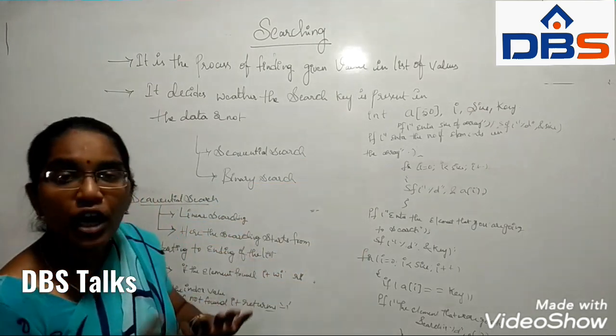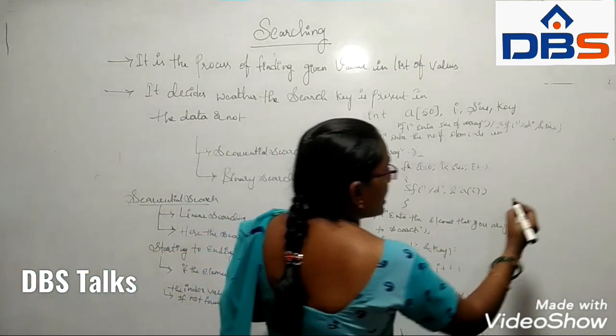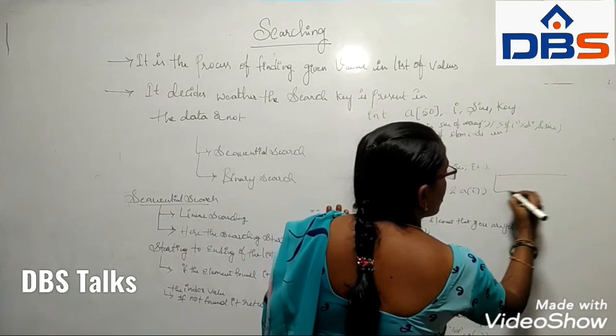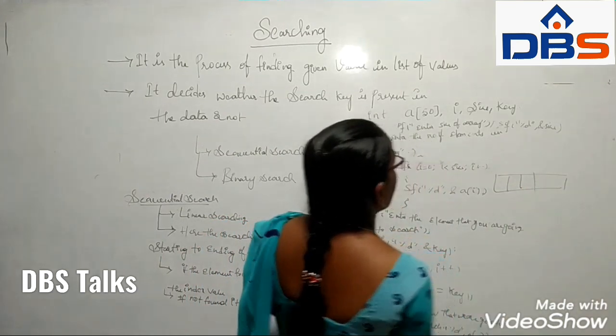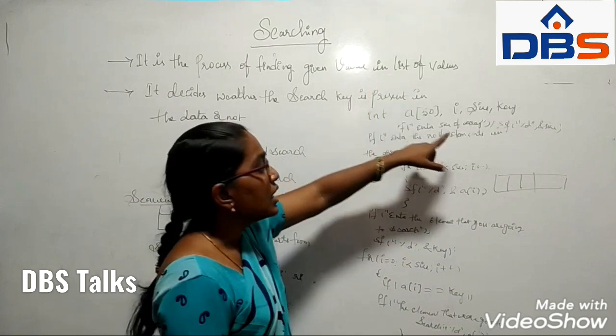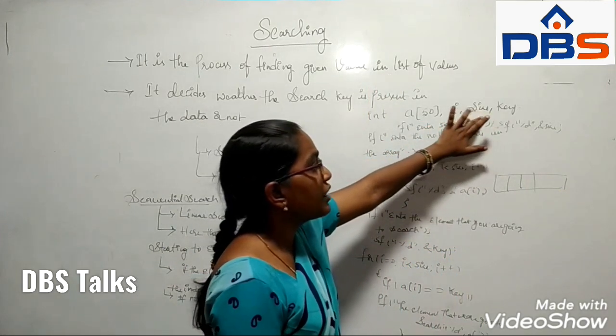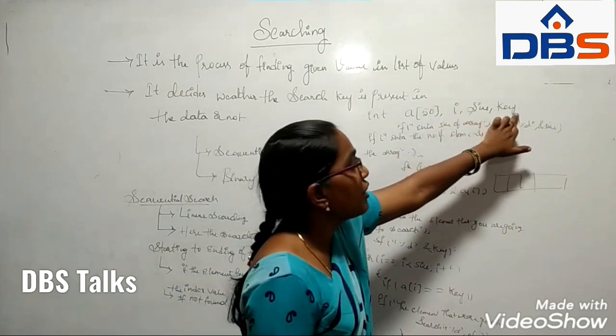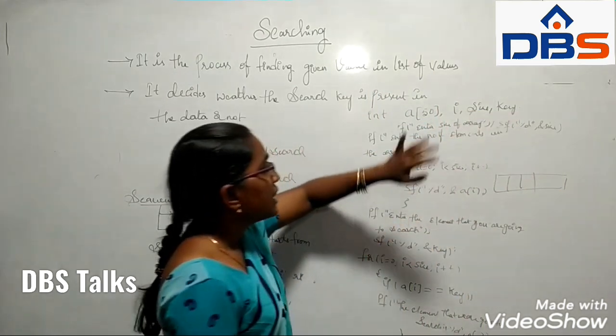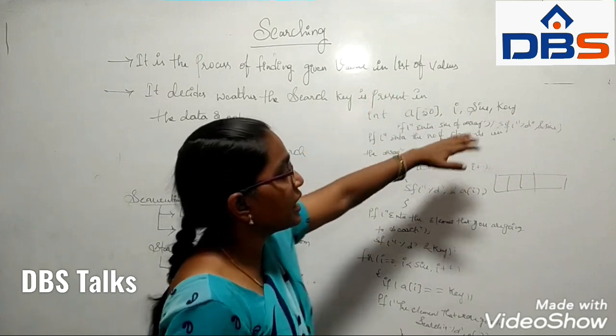Understand how we are going to write the code for the sequential search? First of all you have to take an array of elements. In the array of elements itself we are going to perform the search. So we have taken the array of elements of size 50. Next, for the for loop we have taken the value of I. Next we have taken the size of an array. Next we have taken the key value. Next you have to write the printf statement, enter the size of an array.